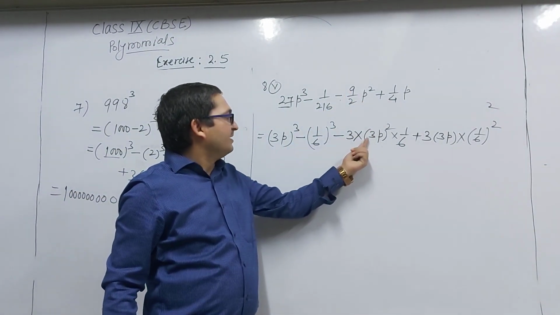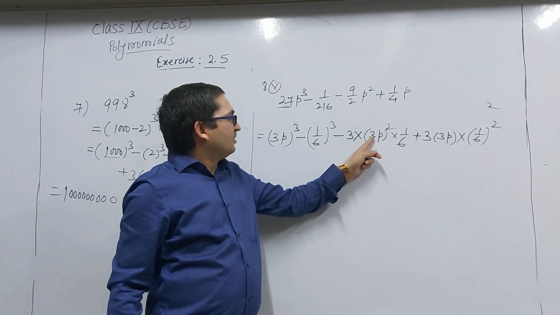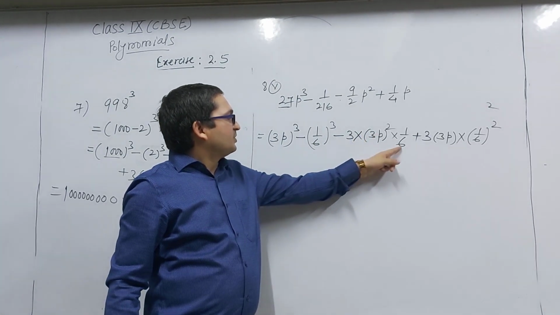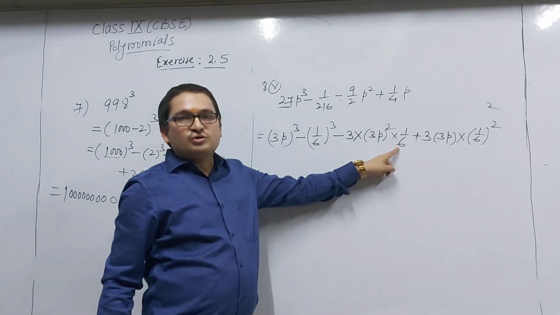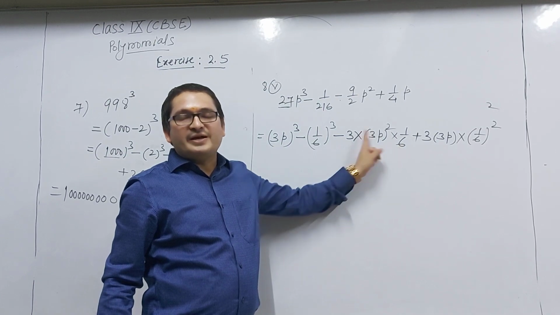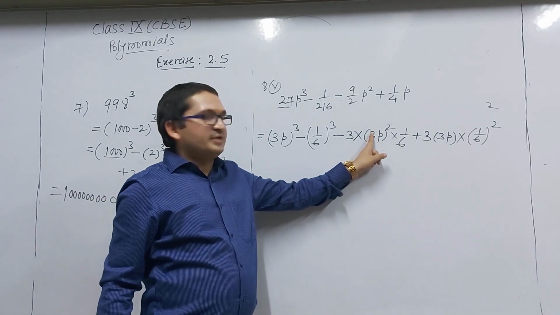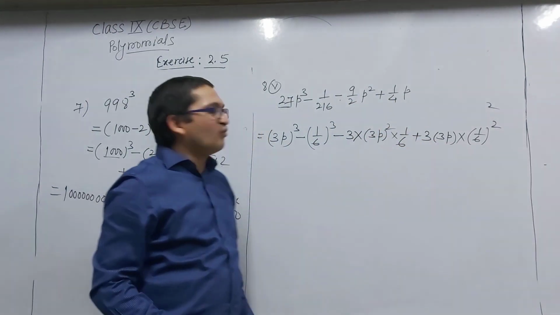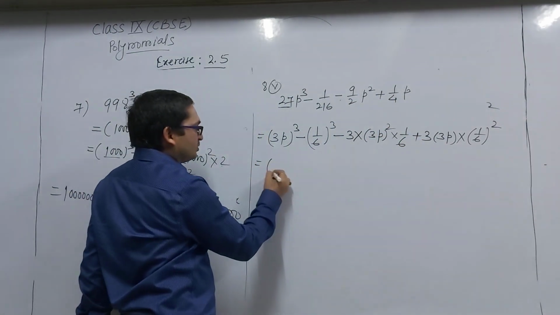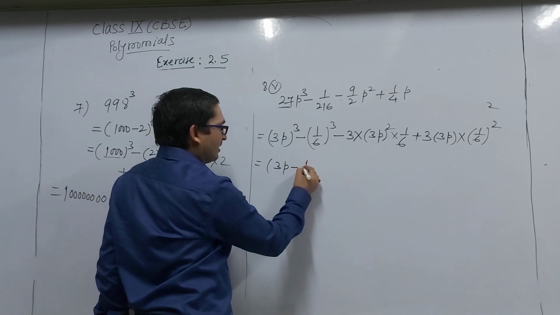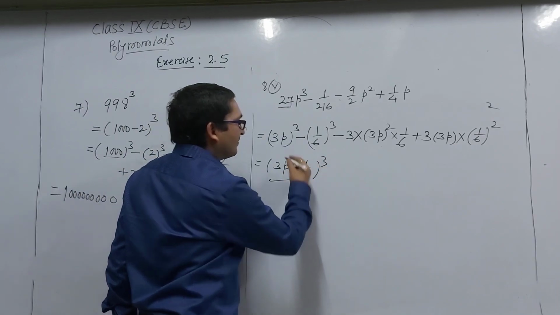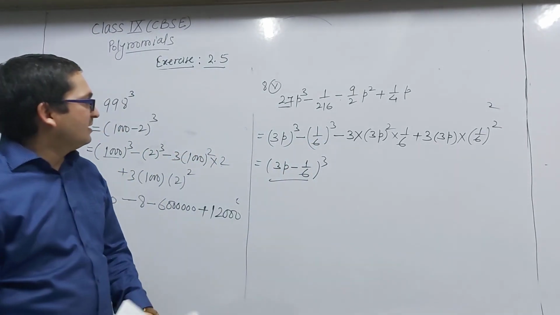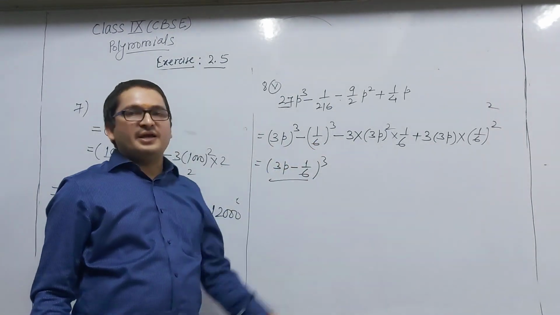You can check, right? And this is what? 3 is 9, and 6 divided by 2. So 6 divided by 2, 6 divided by 3, 2. This is the 3 is 9 upon 2p square. This is also, if you simplify, you get 1 upon 4p only. Now this is what? This is 3p minus 1 upon 6 whole cube. Simple one. This is the formula. This is the identity. We have applied identity over here, a minus b whole cube.